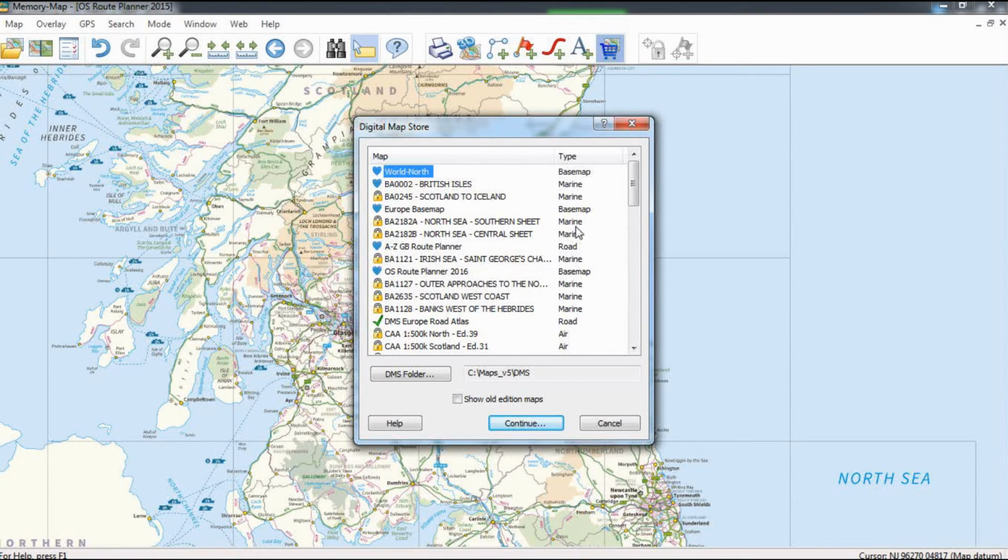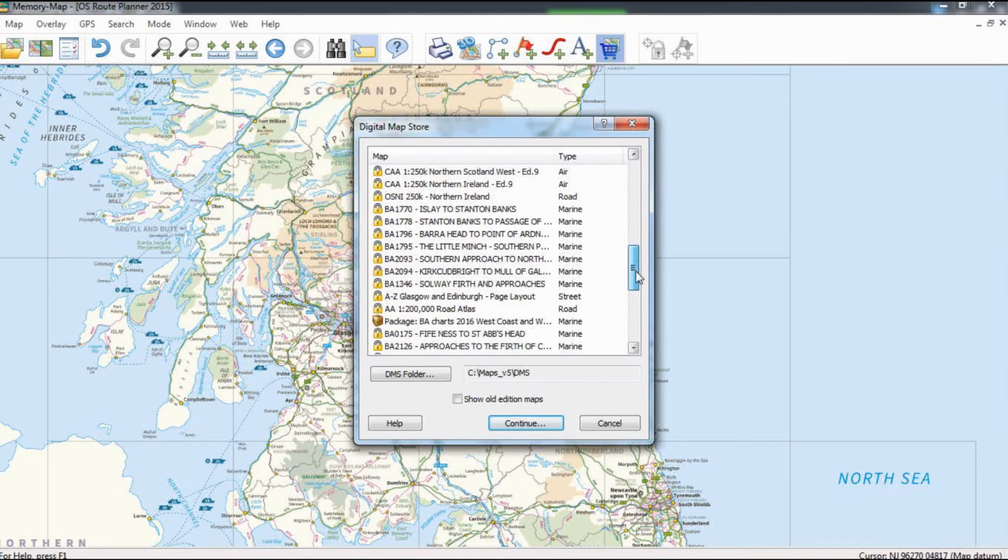You can see there we've got the marine chart for the North Sea, Southern Sea, Central Sea, etc. We've got civil aviation charts. So yeah, there are a lot of pilots who have this software on an iPad, have it strapped to the thigh, and they use it for navigating. Very popular. So you might want the CAA charts to see if there's going to be a flight path directly over your outdoor location. Not that you can do much about it, but you might decide to use somewhere else. So padlocks mean you've got to buy it, and